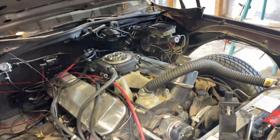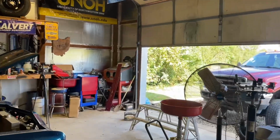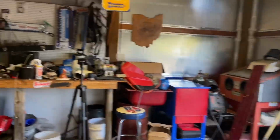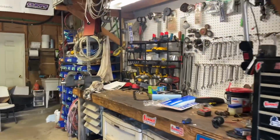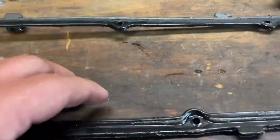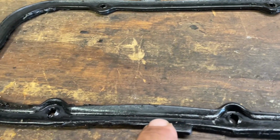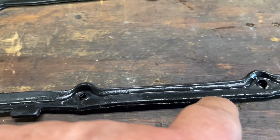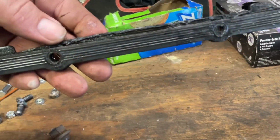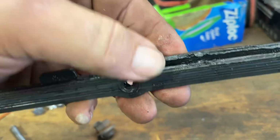I'll take you over here to show you the gasket that I pulled off of it. Looked like you could tell where it was leaking at. You can tell where it's really, really close there. And you got oil underneath it. And anyway,